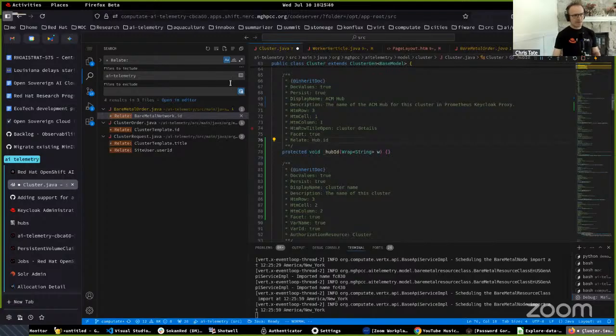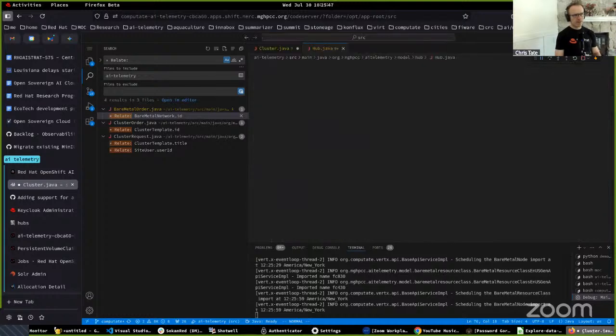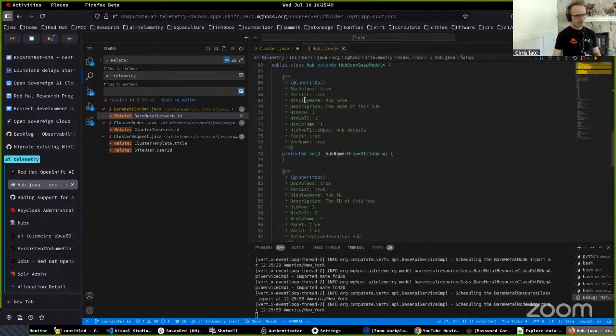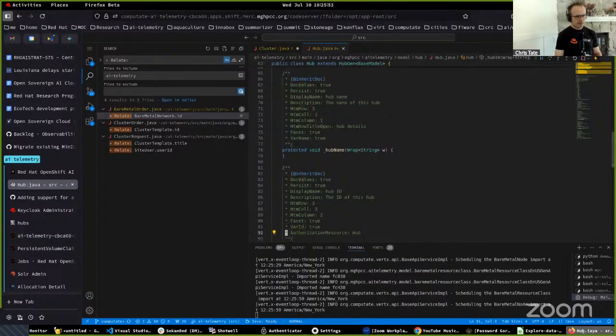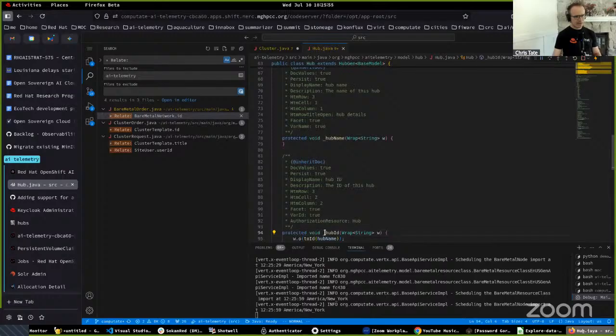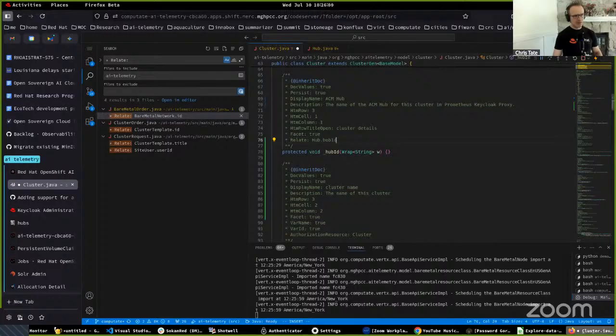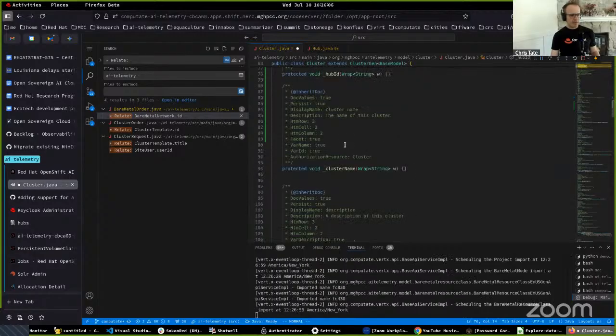Let's take a look at the hub model. Let me close others and open up hub.java. So what do we have for var ID? It's this field right here. It's called hub ID. So we need to take this, put it there. And okay,